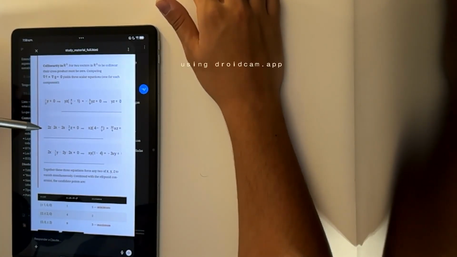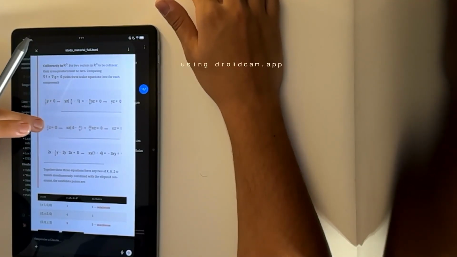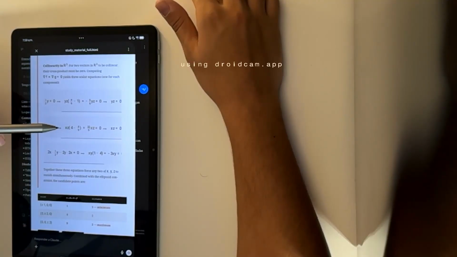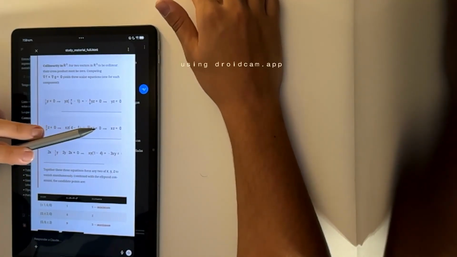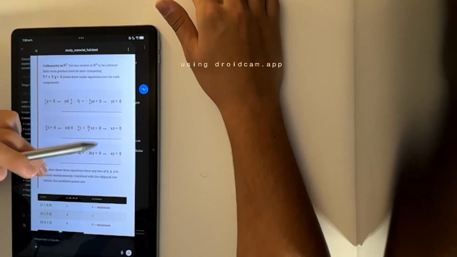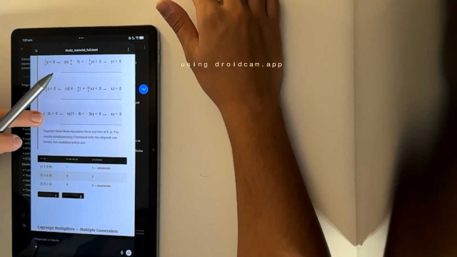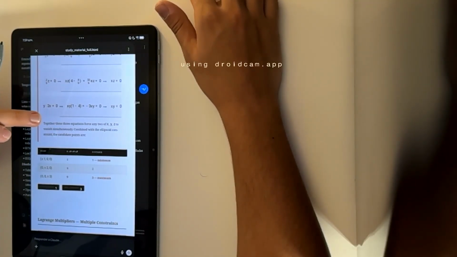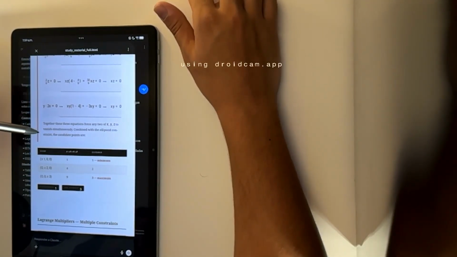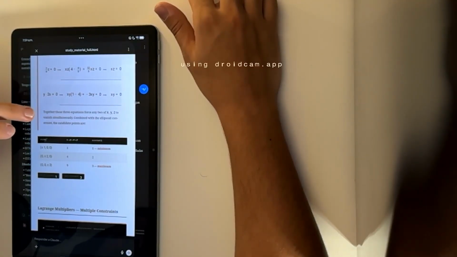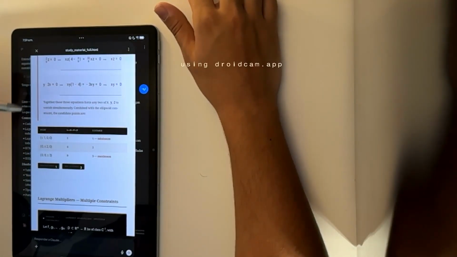Then 2z times 2x minus 2x times 2/9 z equals 0. Only if xz times (4 minus 4/9) equals 0. That makes xz equals 0. And the same happens with x and y. Together, these three equations force any two of x, y, z to vanish simultaneously, combined with the ellipsoid constraint. The candidate points are (1, 0, 0)